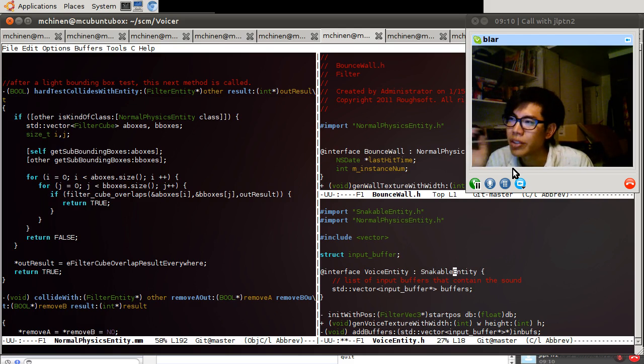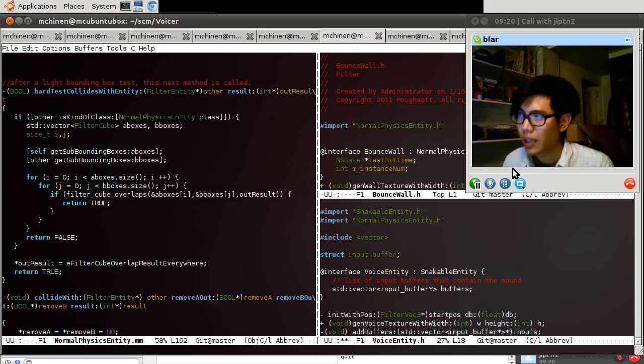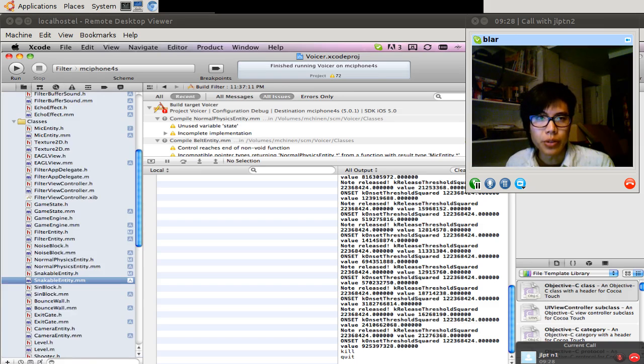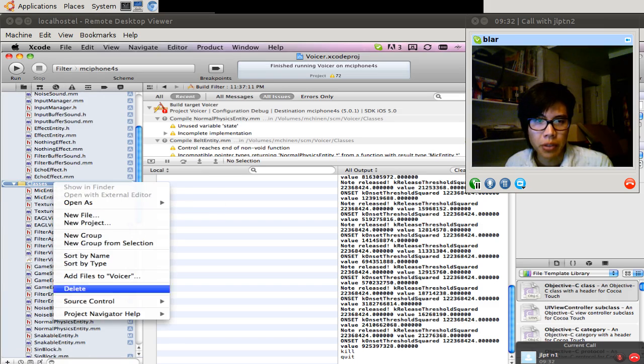We could have a class in the middle that's for moving entities, and we just call them moving entities. I'm going to do that because I don't want it to be a snakeable entity. I don't need that snaking functionality for everything. So let's go to the Mac. Let's go to classes and add one object right in the middle, and we'll call it...